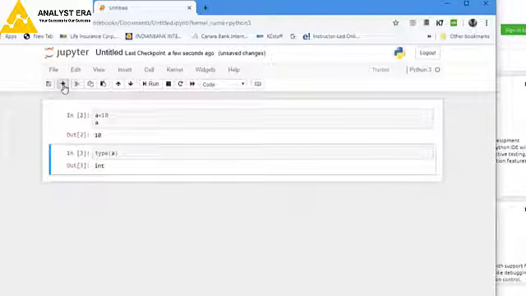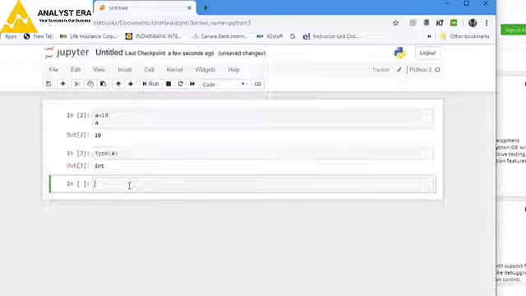Now I want to get some input. In other programming languages there are functions to get input.